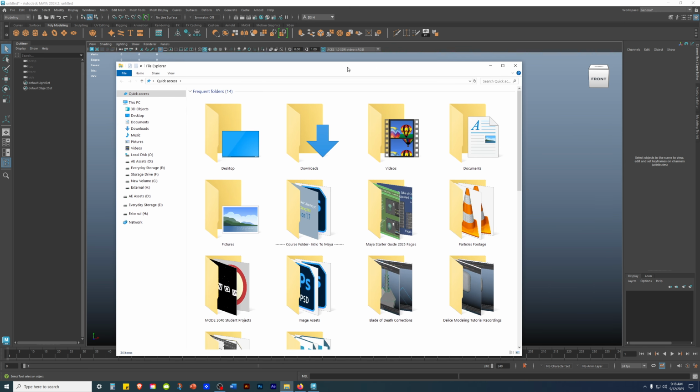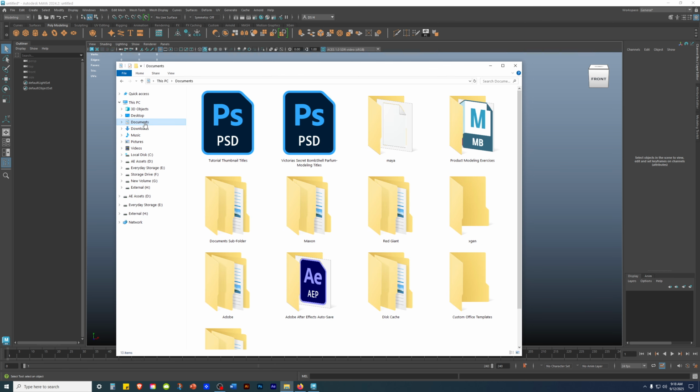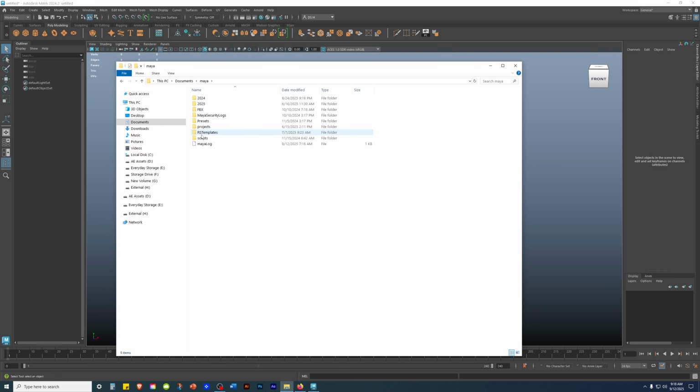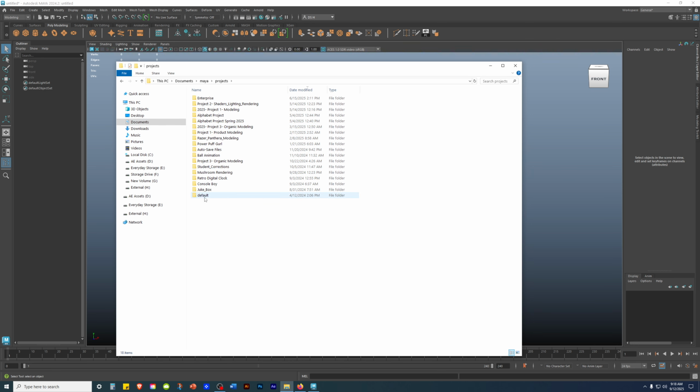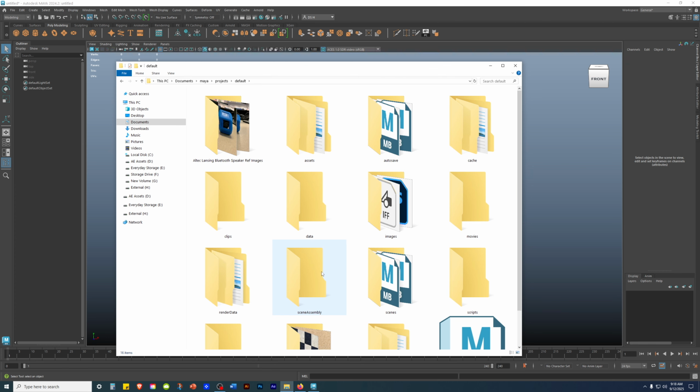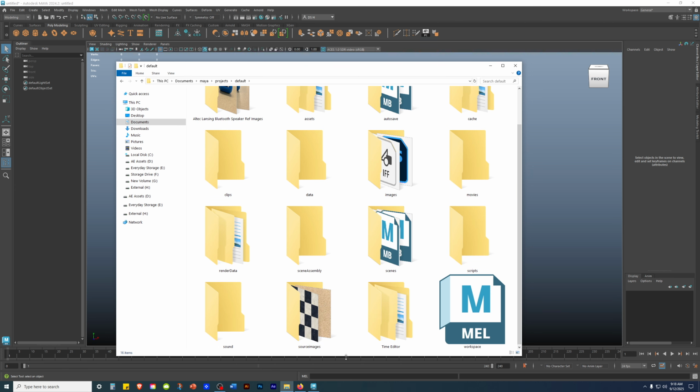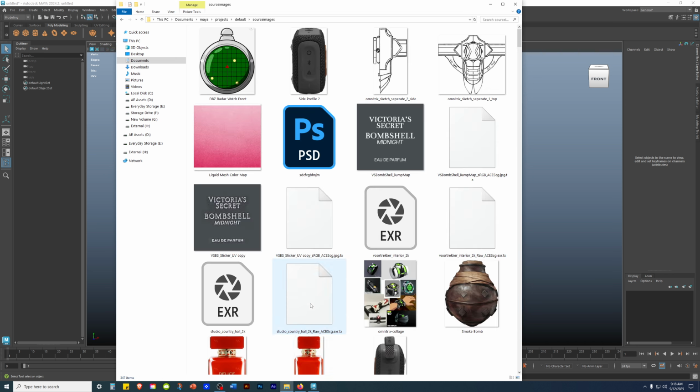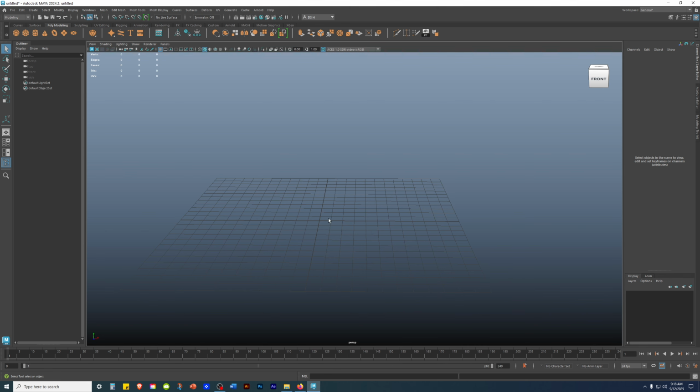What I'm gonna do is, under documents in Maya, projects, default, source images. I put it over here, so that's where it should be placed. Anyway, so from here,